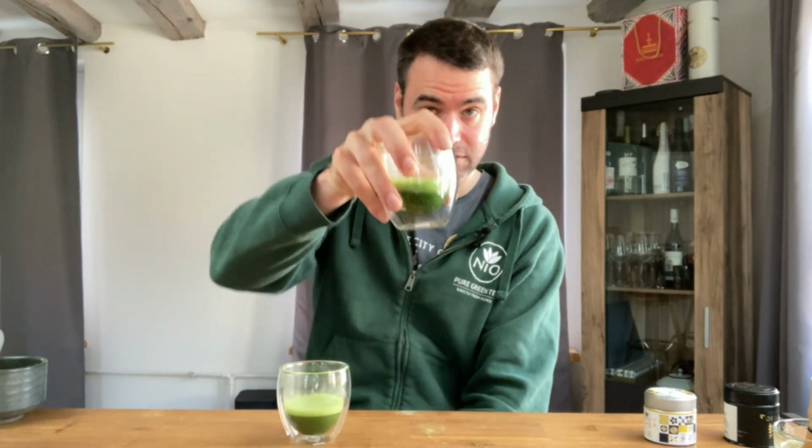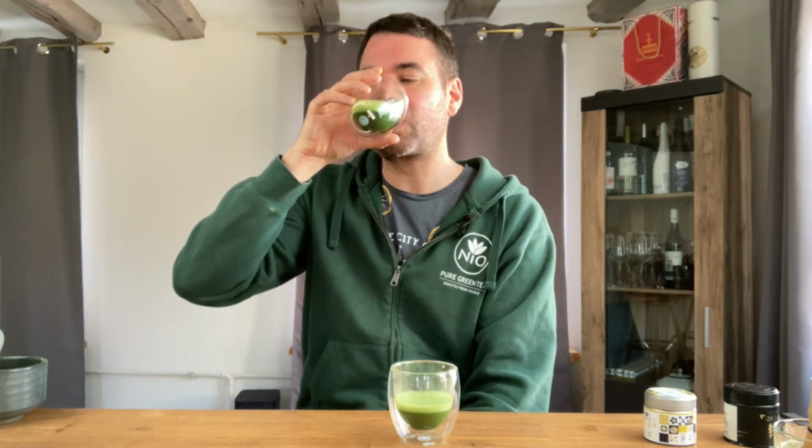Typical edamame green note, but it's a very, very beautiful tea because it moves very, very nicely. And this is really hazelnutty. I really get a lot of hazelnut out of this. So amazing tea if you like hazelnut. And then